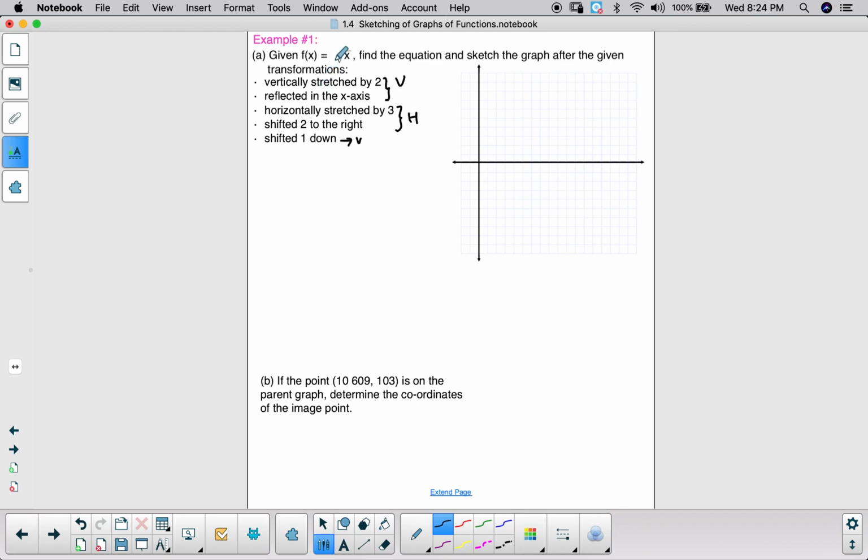So how does that affect the way a function looks? So let's put those changes in. Because there is a vertical stretch by a factor of 2, you have an A value of 2. Because there's a reflection in the x-axis, or a vertical reflection, this becomes negative. And then under the square root, there is a K value. It's stretched by a factor of 1 over,